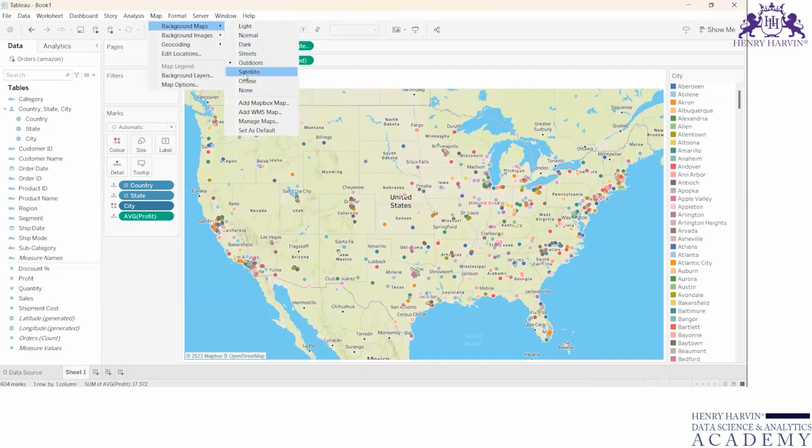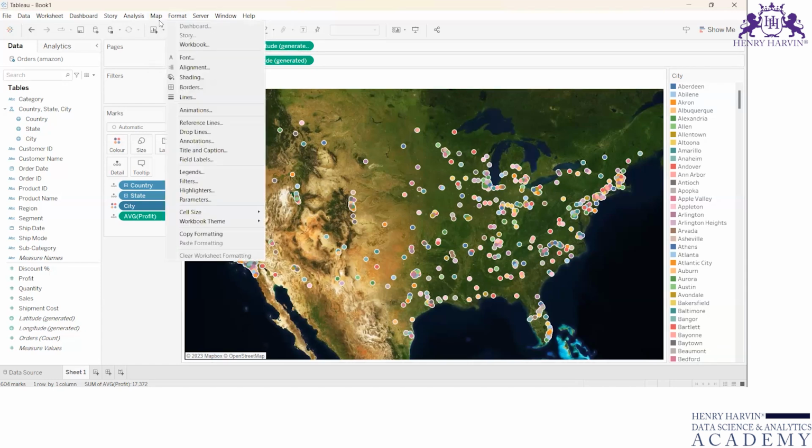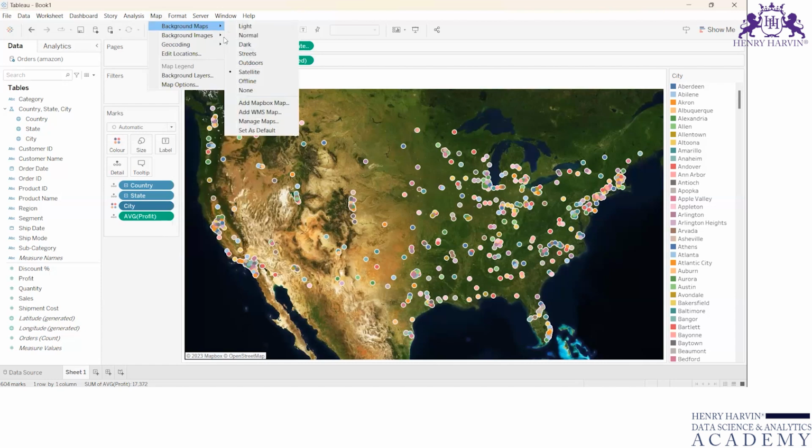Then there is something called a satellite version. Satellite version is what you will get when you're using something like Google Maps. Also, when you use the satellite view, then you will get a map location like this only. Okay, then you have something called the